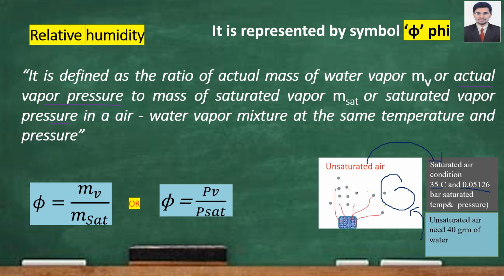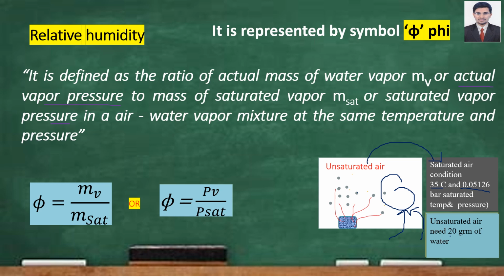Now consider that in place of 40 gram, I supply only 20 gram of water. This means insufficient water is being supplied to the room. Common sense tells us that when you do not supply a sufficient amount of water to the room, obviously the unsaturated air will not become saturated, because the water available inside the room is insufficient. Now here you measure the pressure of vapor when you supply 20 gram of water. That is the actual water you supplied, 20 gram.